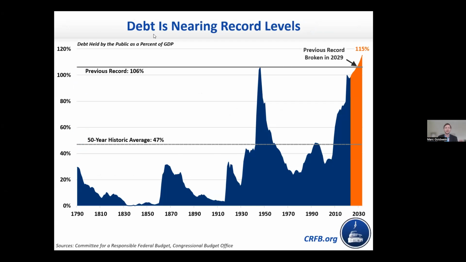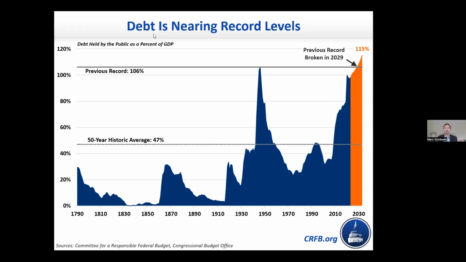So throughout our history, debt has averaged about half the size of the economy. We boosted it significantly during the Great Recession. We boosted it significantly again during the COVID recession, but we are just in an upward path from here. Our previous record set just after World War I was followed by 20 years of balanced budgets. And as you see in this graph, we went from 106% of GDP down basically to 40 or 50% within 2 decades, and ultimately down to 25% or so. That's not the circumstance here.